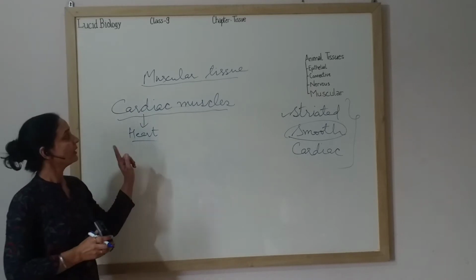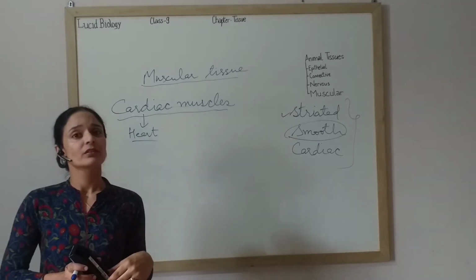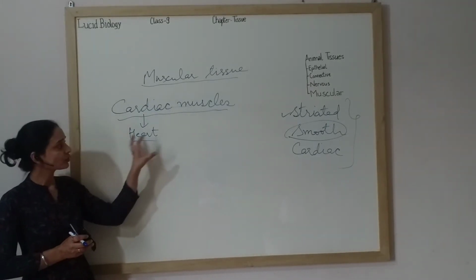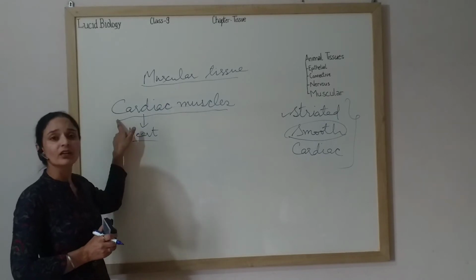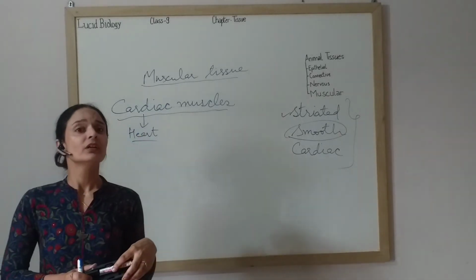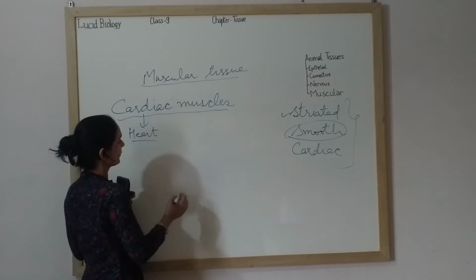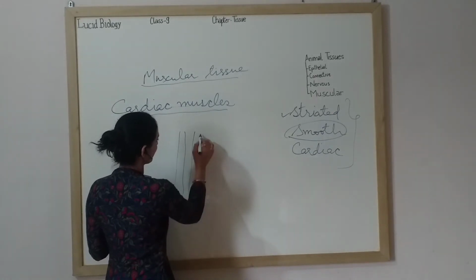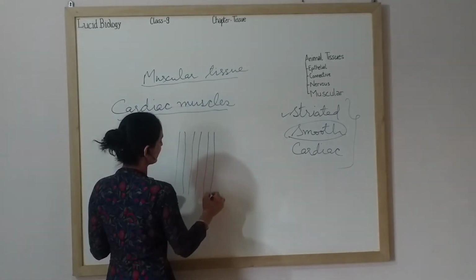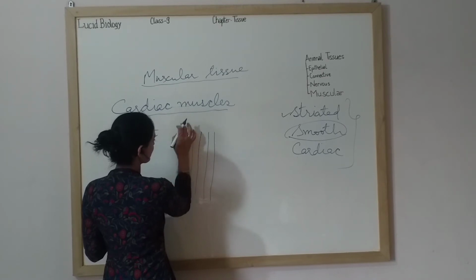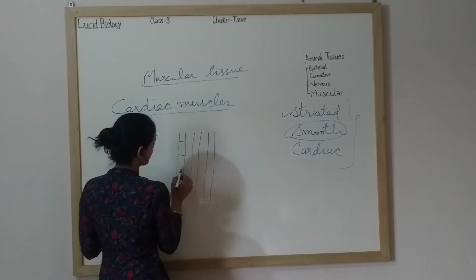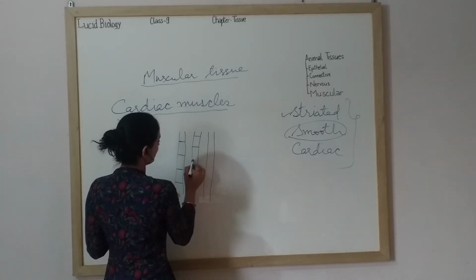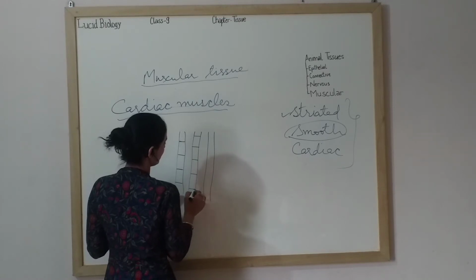As I told you, we have done smooth muscles, their functioning was not controlled, they were involuntary. So cardiac muscles are also involuntary, but these are special muscles which make the wall of the heart, and they are called cardiac muscles. So cardiac muscles are the muscles of the heart. Now let us look at the diagram. They are branched. See, they occur in bundles. They are branched. This is one cardiac cell. Cardiac muscles are made up of muscle cells. They occur in bundles.